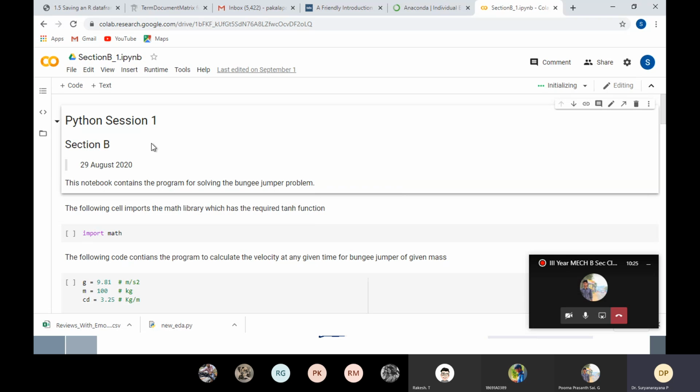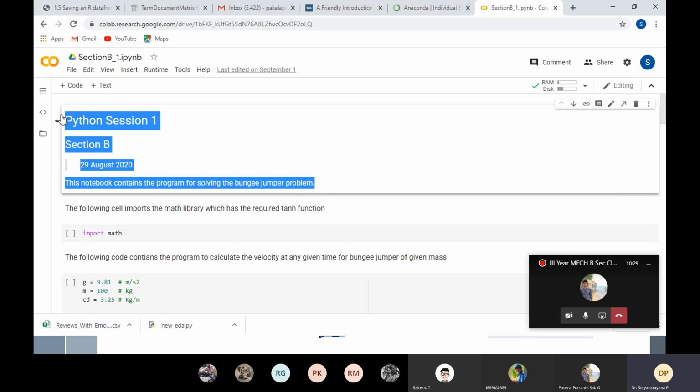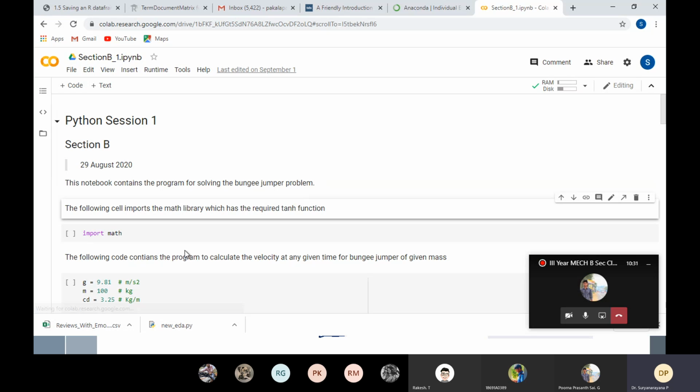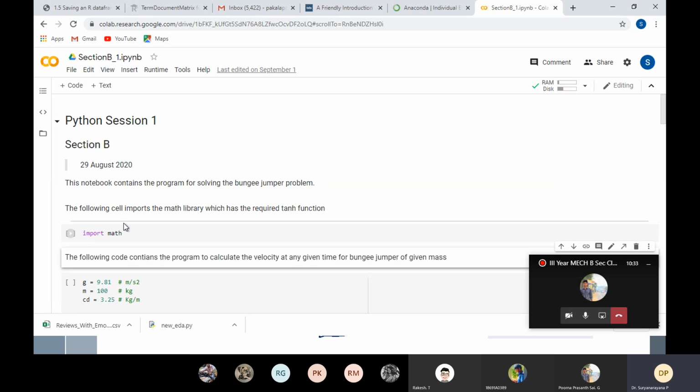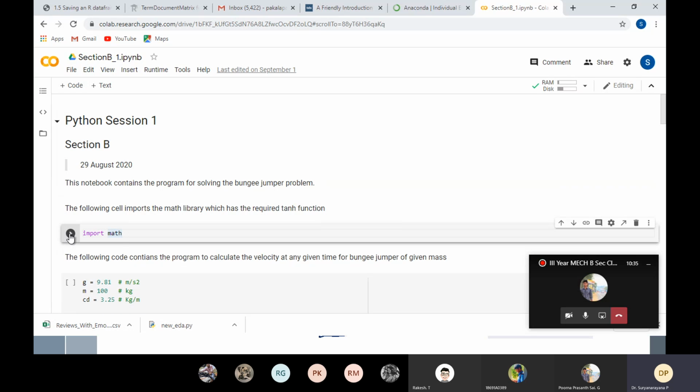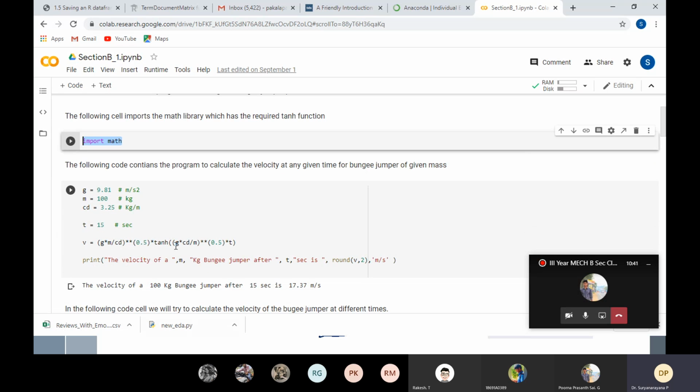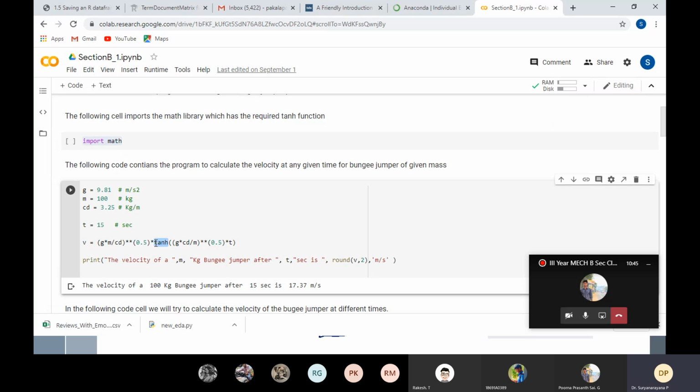Okay, so again, I'll keep repeating this. These are text cells, where we can write some information, and these are the code cells. Each code cell you can run independently. So we have imported the math library because we were using the tan hyperbolic function, which is in the math library. Okay, so if you run this,